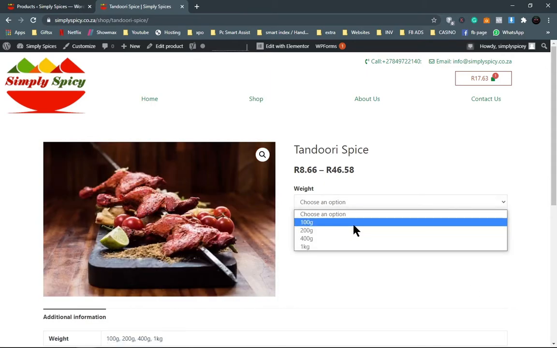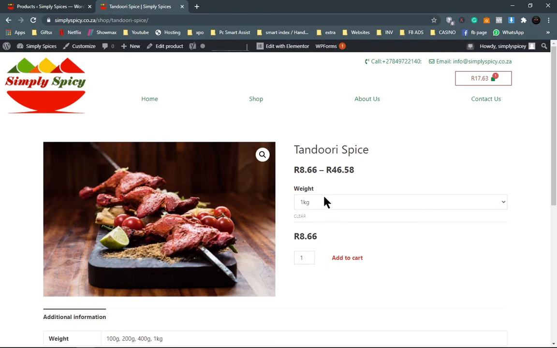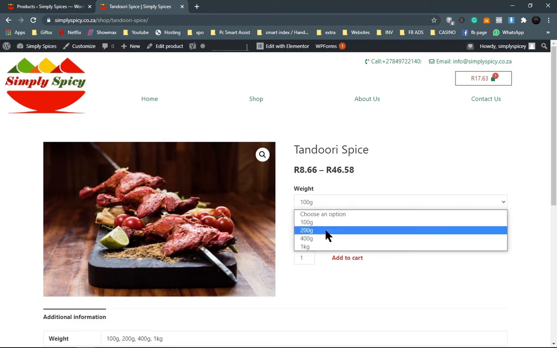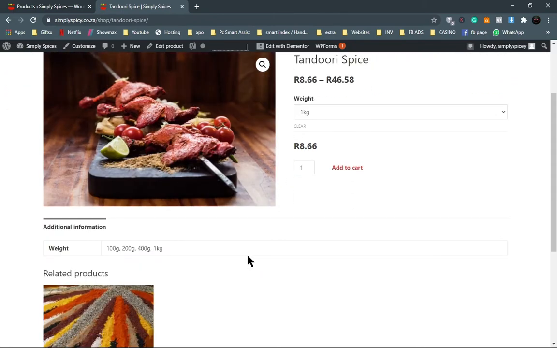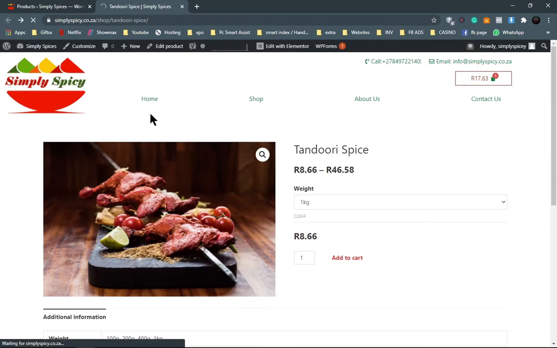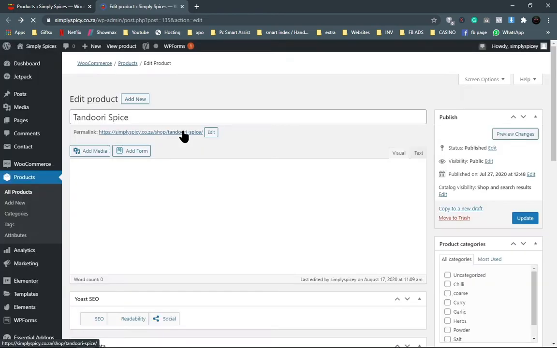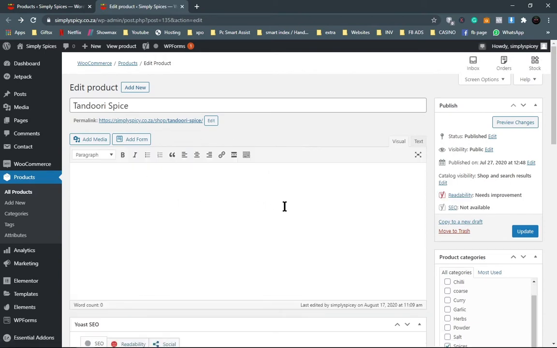You get your different weight options, and this would be your variations, or better yet, attributes. First you set it as attributes, and then you make them the variations. I'll show you how to do that step by step. Okay, so we're just going to go back. And once we're back,